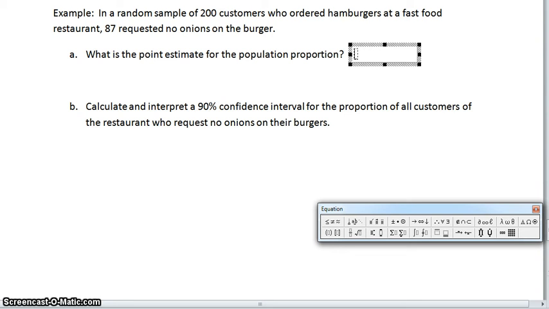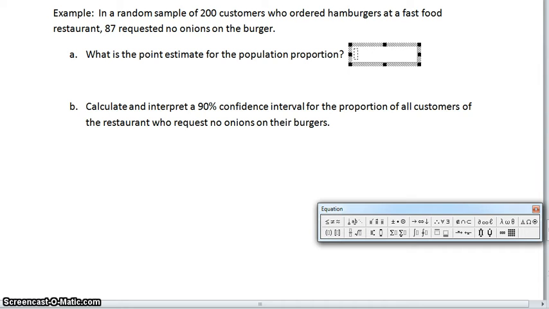Okay, so let's do an example of a confidence interval for a proportion. And these problems I'm only going to ask you to do in StatCrunch. Okay, so you don't have to do any of these by hand. So in the first problem, or in the only problem, we have a random sample of 200 customers who ordered